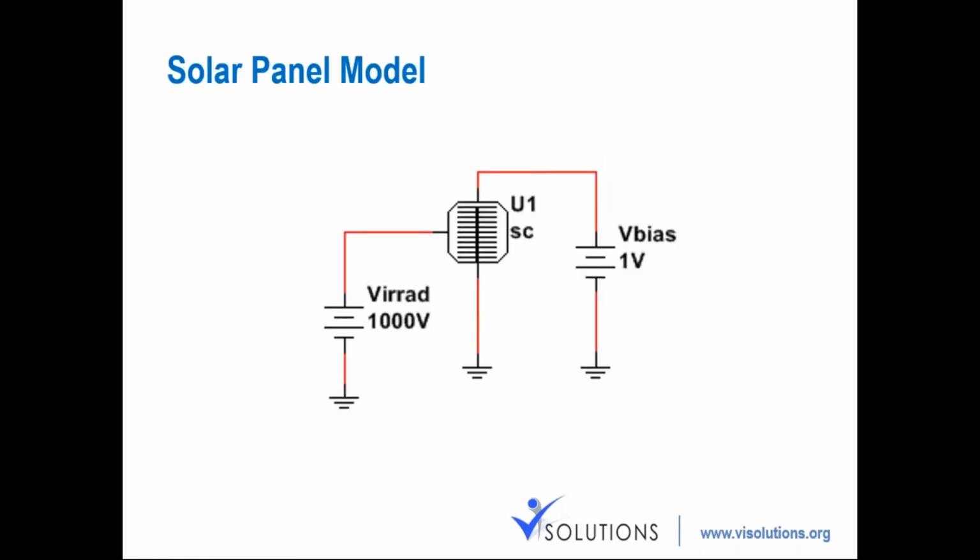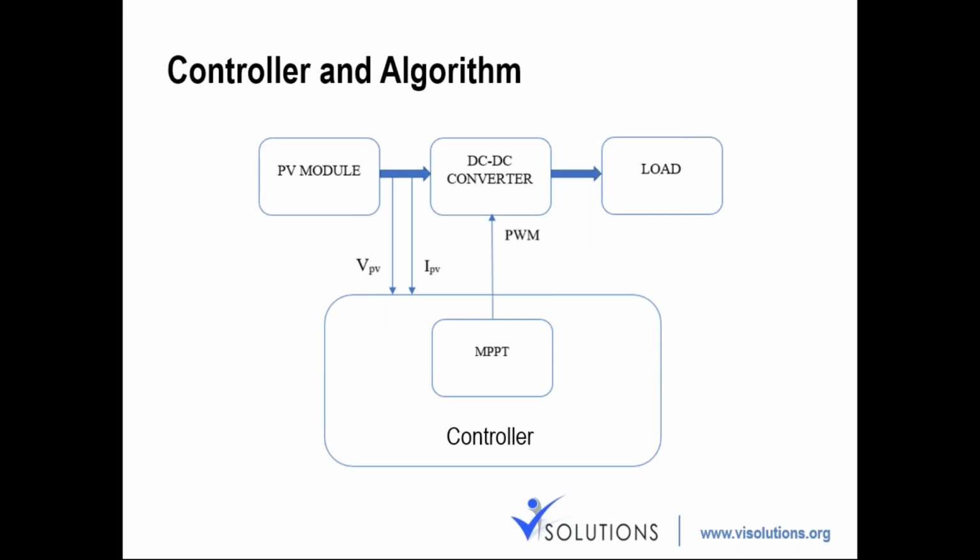So once the solar panel model is available, next we can focus on developing your control algorithm. Of course, we have different types of control algorithm available. Once you have this PV module, then we can go for a control algorithm which is going to control your converter, typically a DC to DC converter, in terms of the solar panel, the PV module,